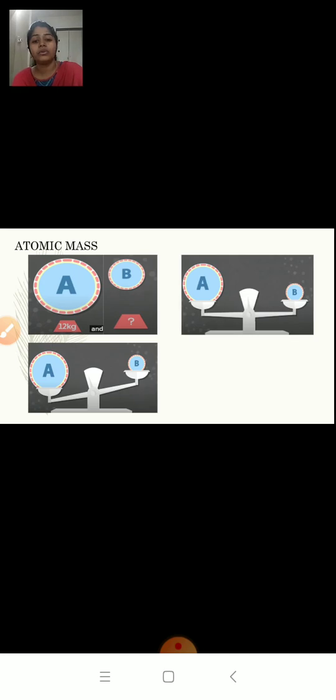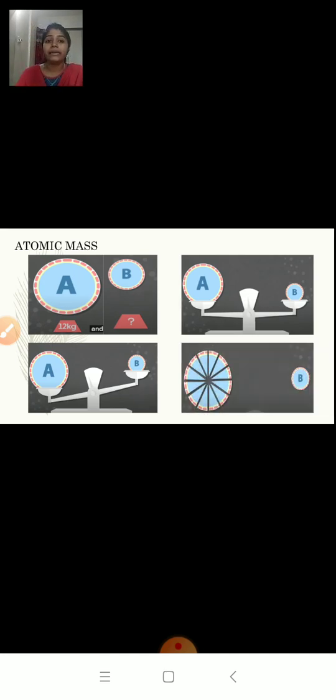Now let us assume that we cut object A into 12 equal pieces. So the weight of one piece will be equal to 1 kg, correct? The whole object A was 12 kg. If we cut it into 12 equal pieces, each piece will weigh 1 kg. Now we will take one piece, that is, can I say it's the 1/12th piece? So we'll take the 1/12th piece